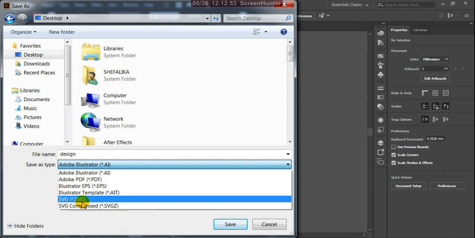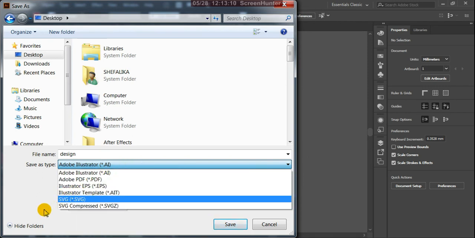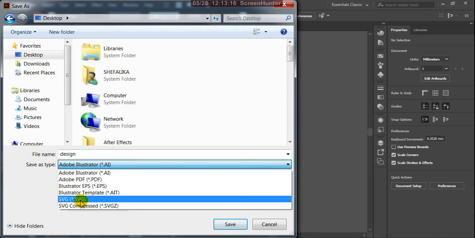And SVG, scalable vector graphics, you can open this file in web browsers, such as Internet Explorer, Google Chrome and Mozilla, anywhere in a web environment.